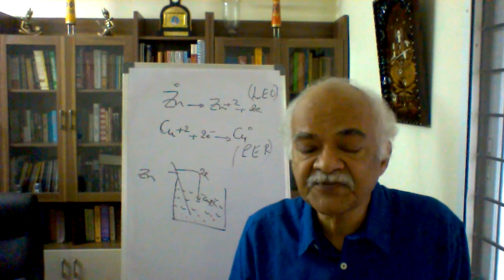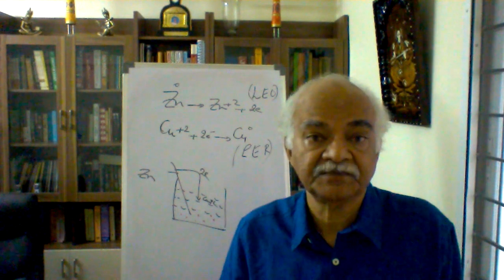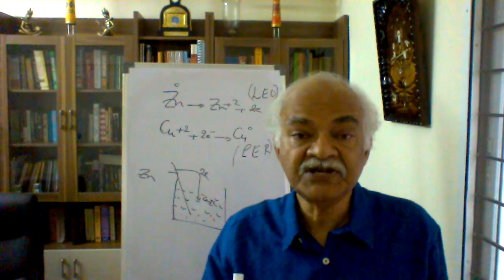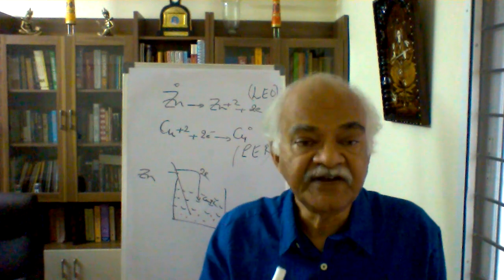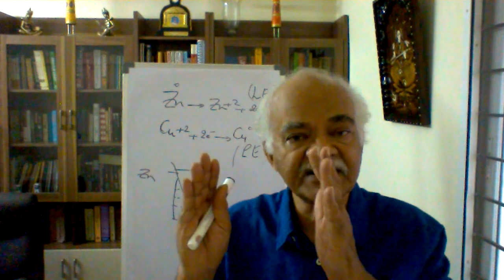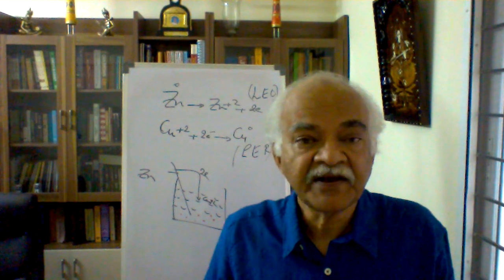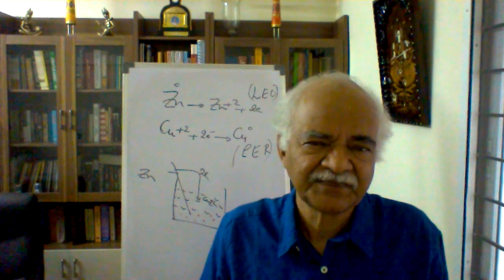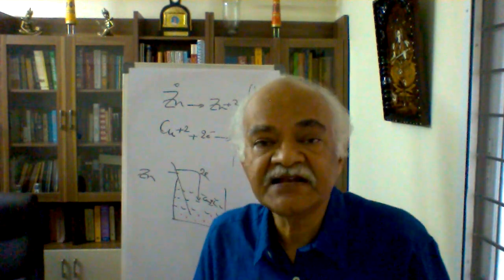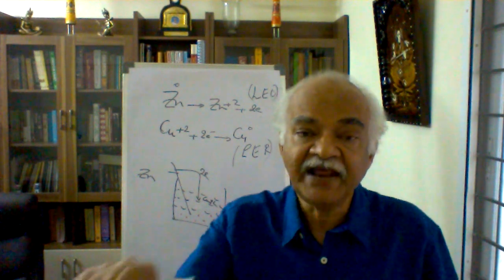And all such spontaneous processes we can quantify, we can understand with the help of free energy. Therefore, this is a redox reaction where delta G is negative, because if delta G is negative, that means these redox reactions are taking place spontaneously. Similarly, there could be a possibility where redox reactions may not be spontaneous. That is, electron movement does not take place. Even though all facilities are available in the container, still it won't take place. We must use some outside agency to carry out that redox reaction.